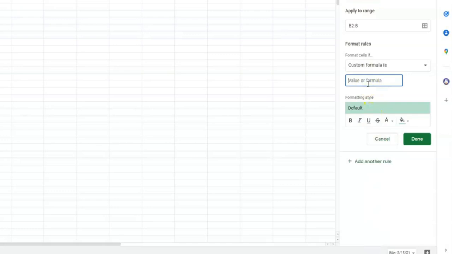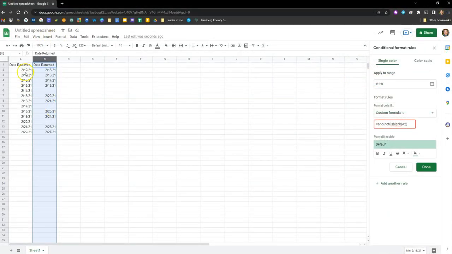So this is where we're going to enter our formula, and I'm going to put this in the comments. Right now it's highlighting everything except what we wanted to highlight, so we've got to enter our formula. So I'm going to click equals and parentheses not is blank, and I'm going to say A2 because this is the one we want to make sure is not blank, or else it will highlight all of the ones down here. So as long as there is something here, it is not blank,